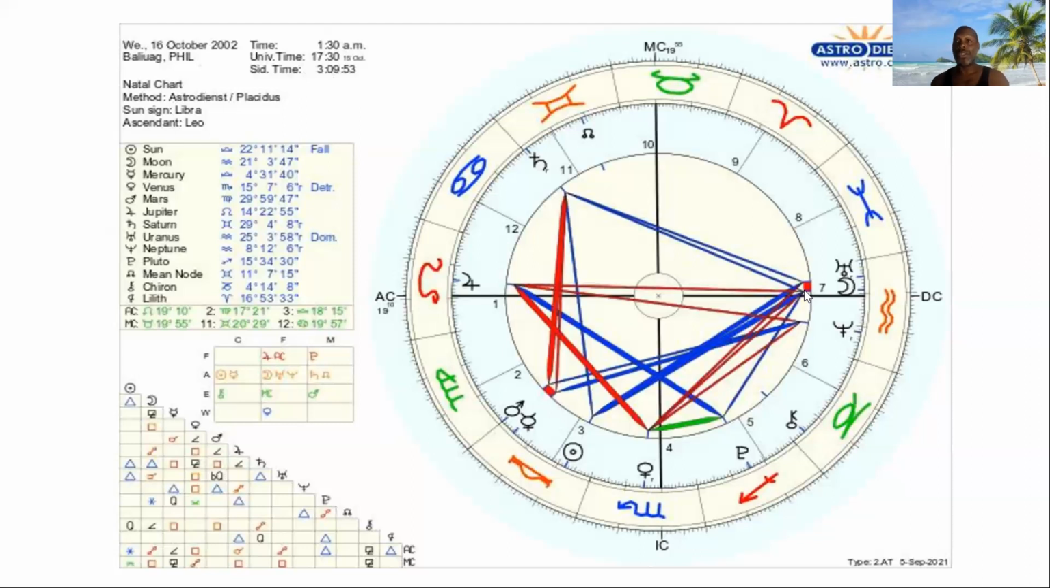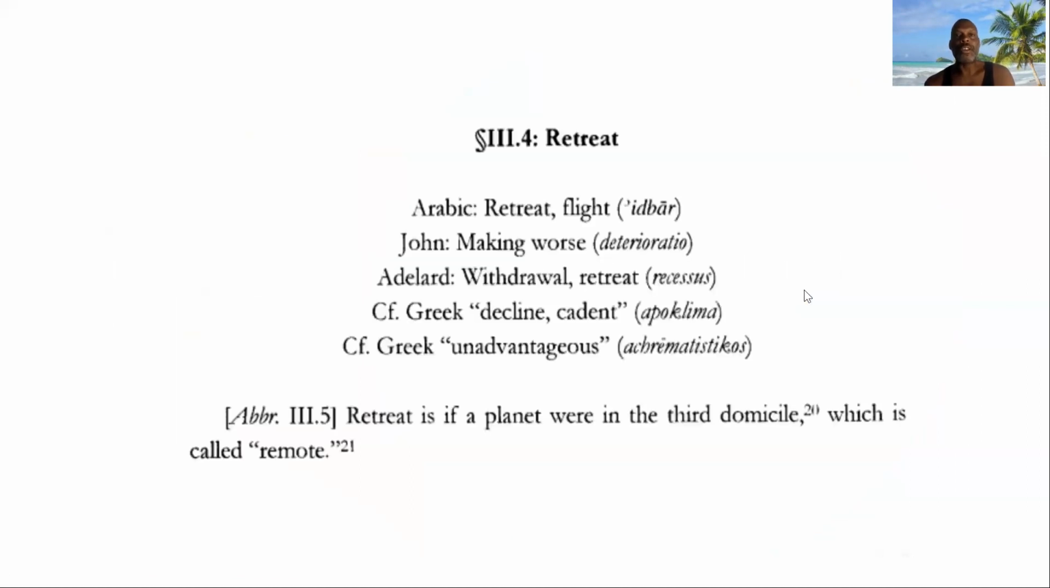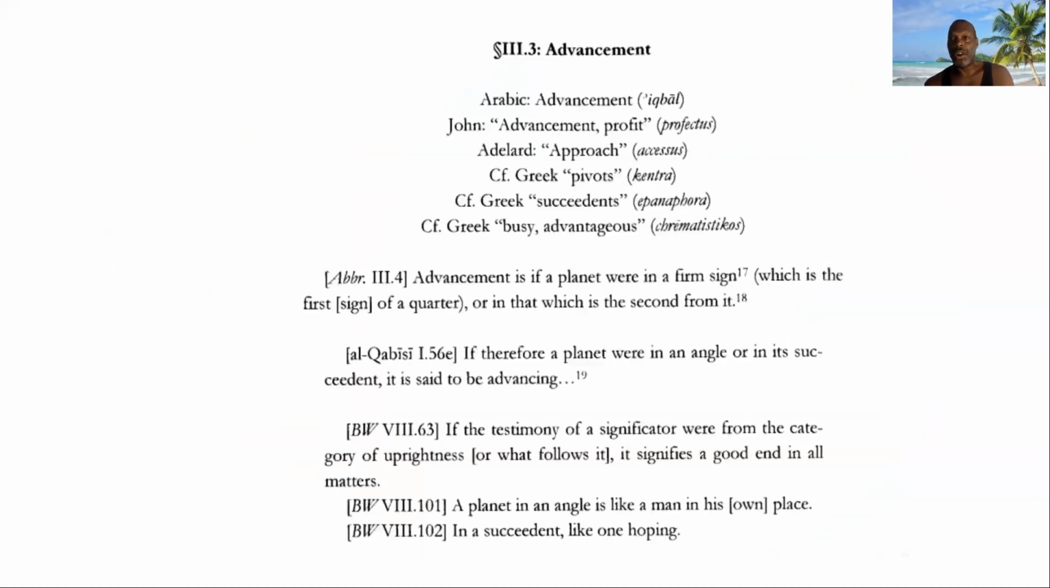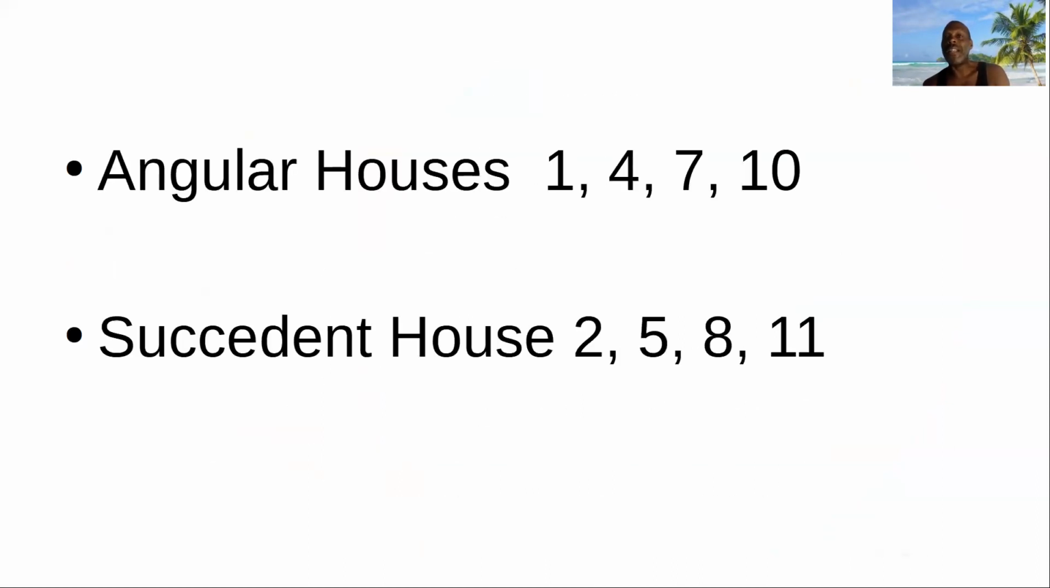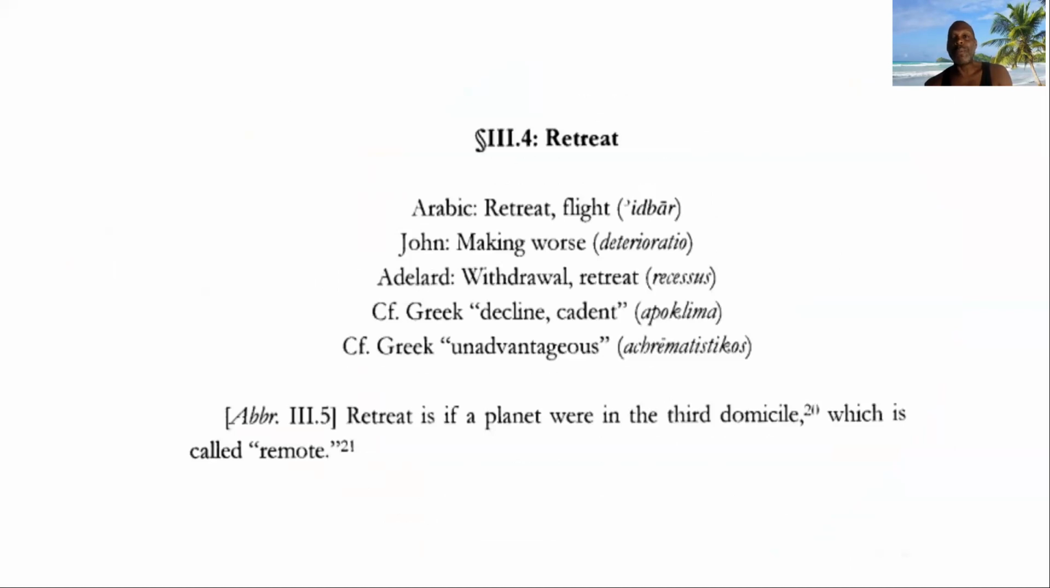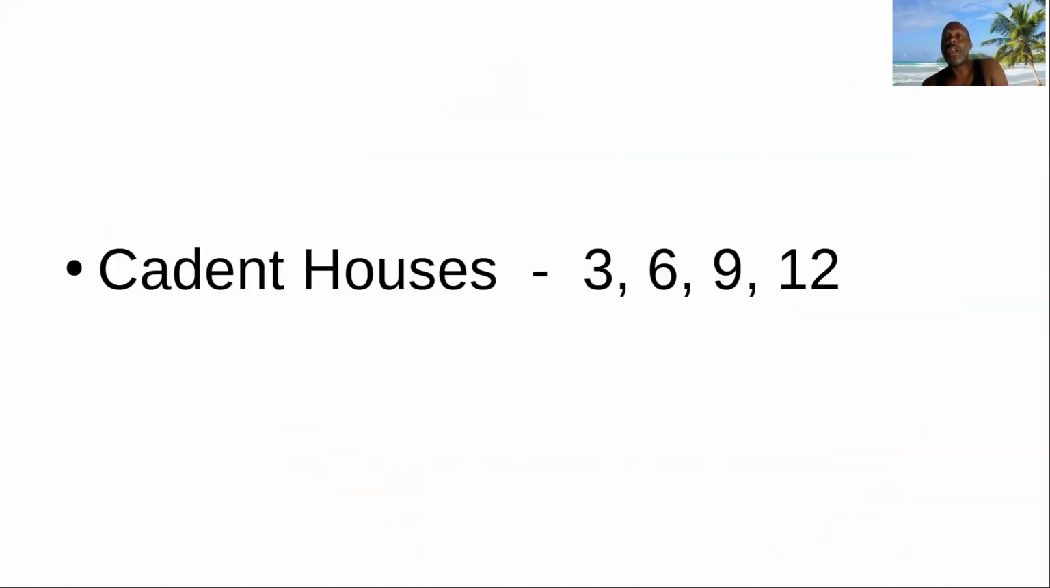So what you're going to want to do is, well, let's go back for a second. You're going to want to go to your chart and look to see what planets are in a state of advancement, meaning what planets are in 1, 4, 7, or 10, 2, 5, 8, or 11, and what planets are in a state of retreat, which would mean that they are in 3, 6, 9, and 12. And what that will tell you,